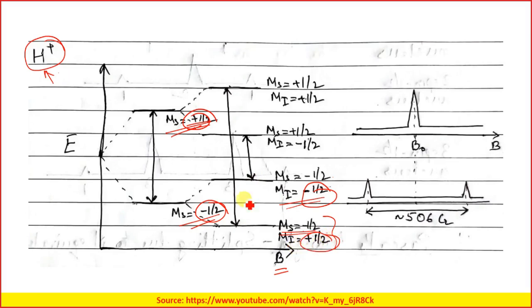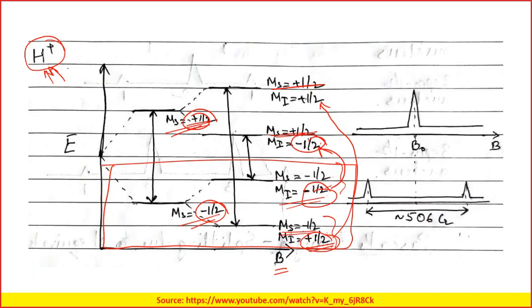That hyperfine splitting is due to the protons, right? In the proton, Mi, the lower energy state is plus half, the higher is minus half. Okay, and over here both of these plus half, and in between, if you see, this is repeated over here and the higher is repeated over here. So when you draw, you remember the lower portion, when you are drawing this hyperfine splitting thing.